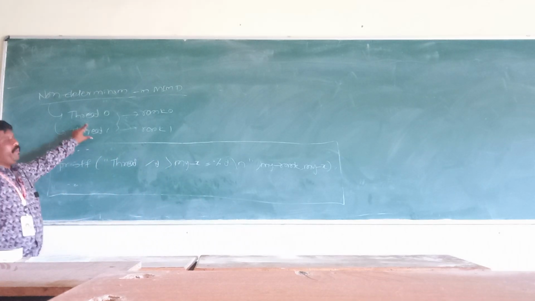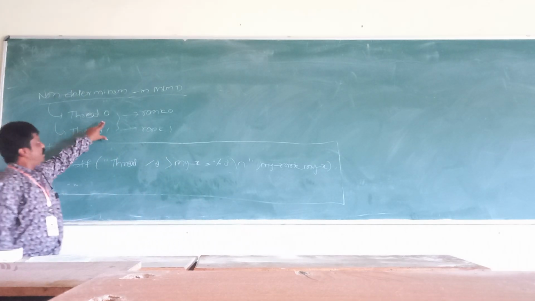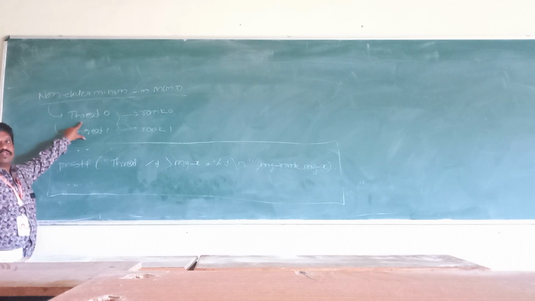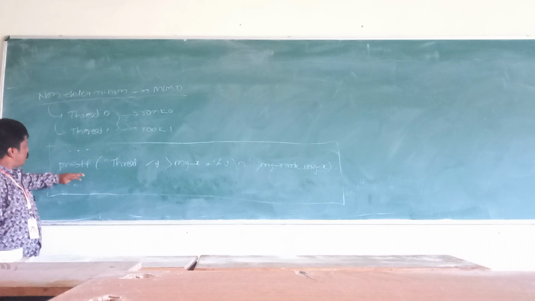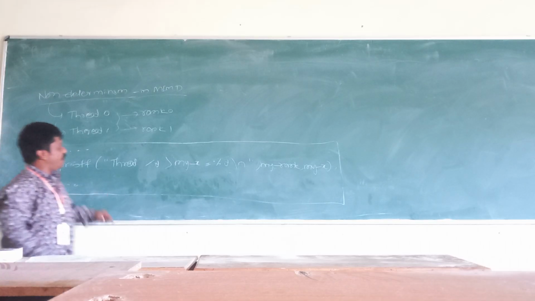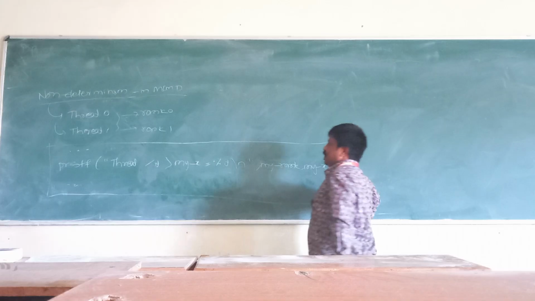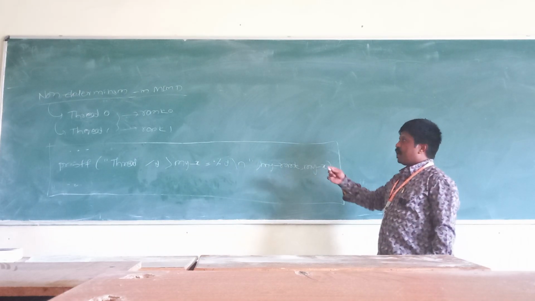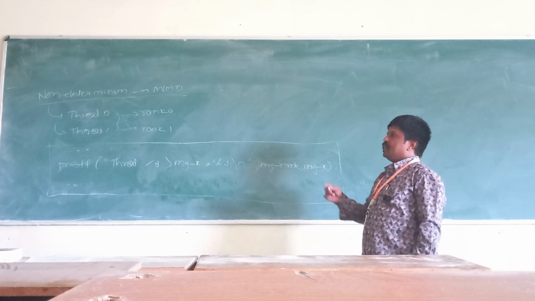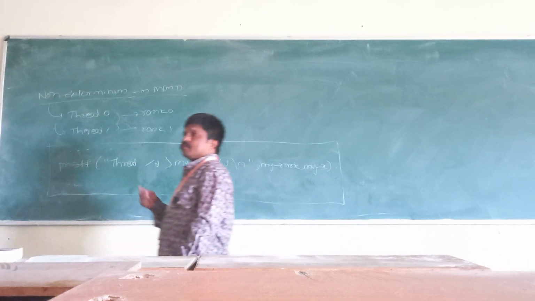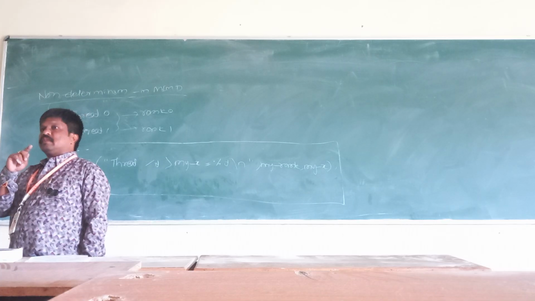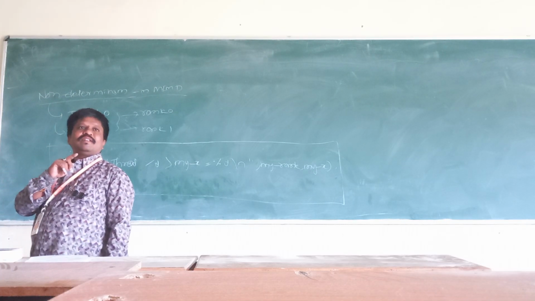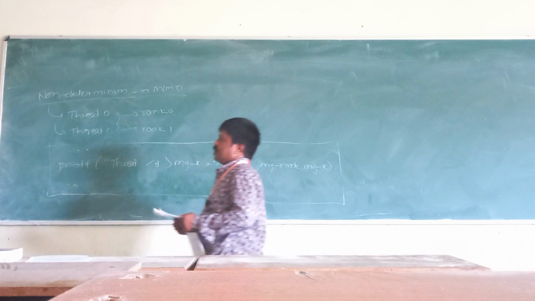How many threads are there here? Two threads are there. Thread 0 will take some period of time, and thread 1 will also take a different period of execution time. This can be seen with the printf statement. By executing this statement we can get the different time elapses between thread 0 and thread 1.